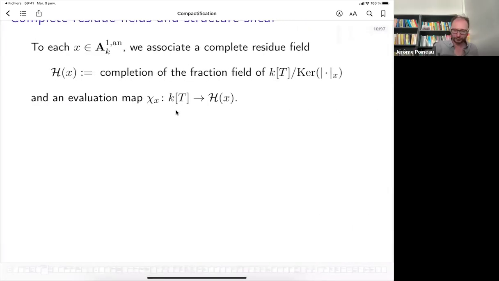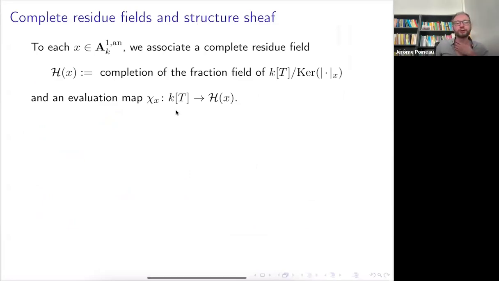You can see the title if I do this. Complete residue field and structure sheaf. So Berkovich spaces are actually not only topological spaces, or even less, just sets. You have more than that.